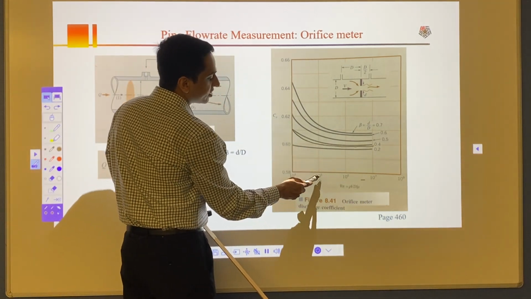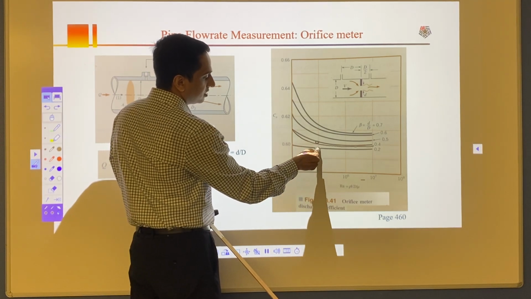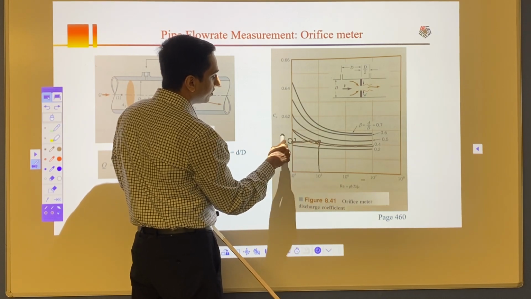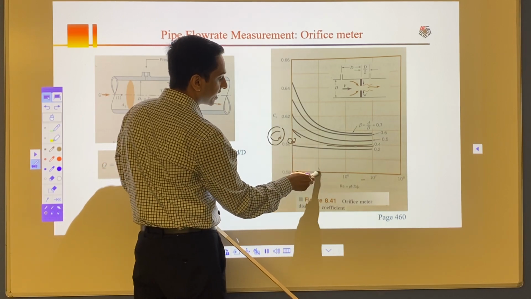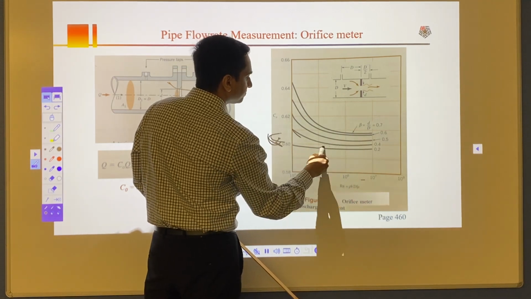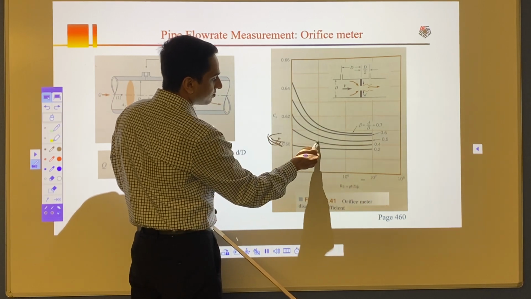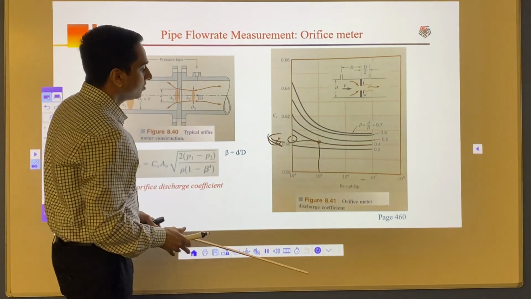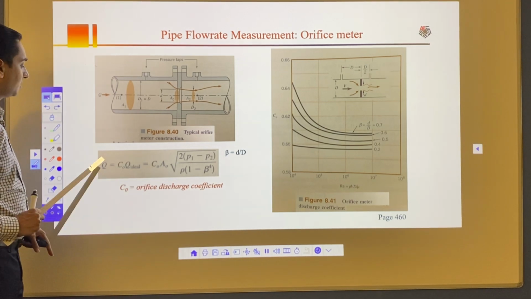And then your Reynolds number is 500,000. Then you draw a vertical line, mark a point, and from that point you draw a horizontal line, and that will be your CO. That's the value you take here. So again, the way you do it is that this is your black line. You first draw the vertical, follow the black line, mark a point, then you can calculate CO. So that's how you use that. Once you have that CO, you should be able to do these calculations and calculate the actual flow rate through this orifice meter.